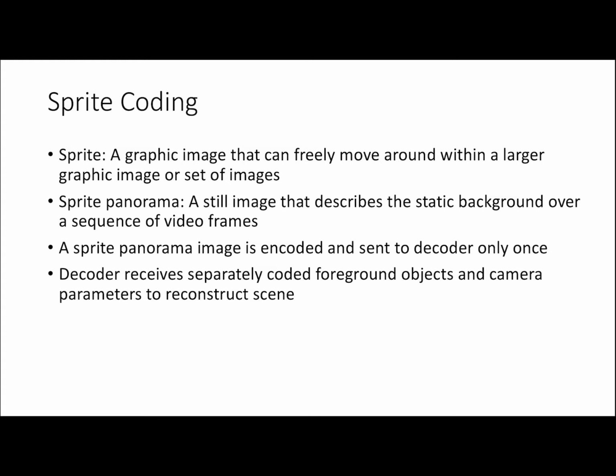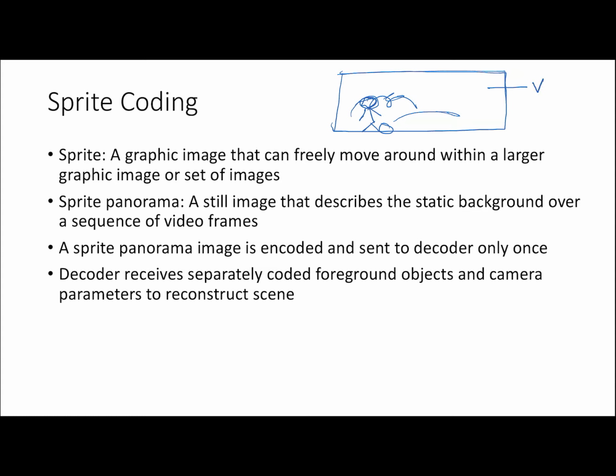So in video photography, it generally involves camera movements such as pan, tilt, zoom in, zoom out, and so on. And often the main objective is to track and examine the moving object. So generally background remains same, and we just need to track the moving object, maybe a person playing football. So I just need to track this moving object. So under these circumstances, the background can be treated as a static image,